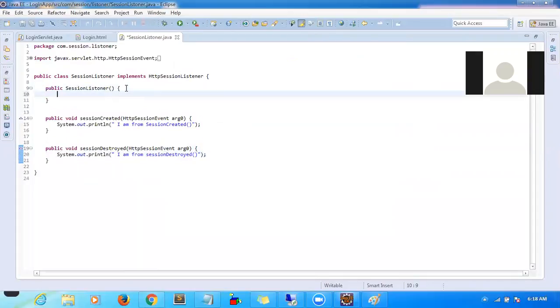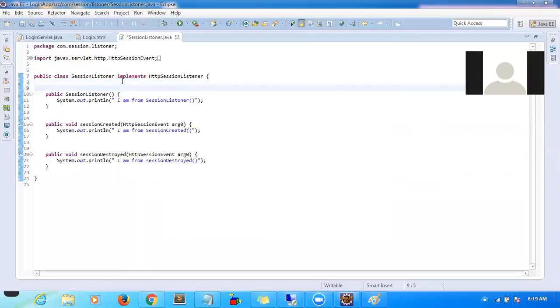Similarly, I am adding one sysout in the constructor so that we can see when the object gets created. So three SOPs. Now I want to maintain a count of how many users are logged in and how many are logged out. For that purpose, I am declaring a global variable, sessionCount.